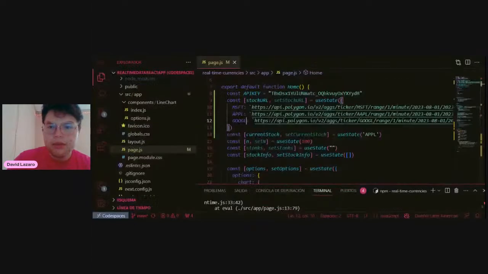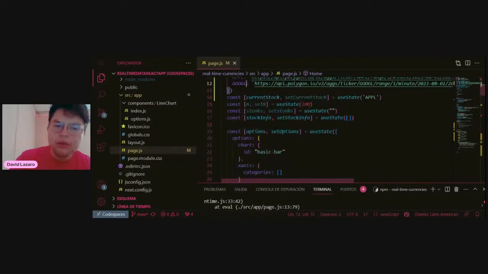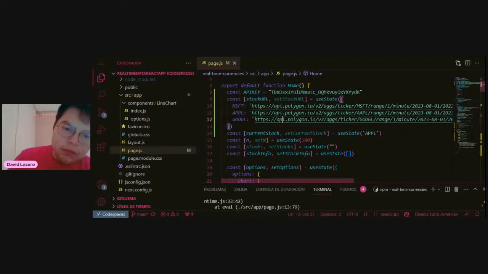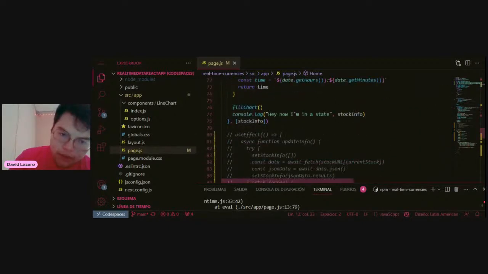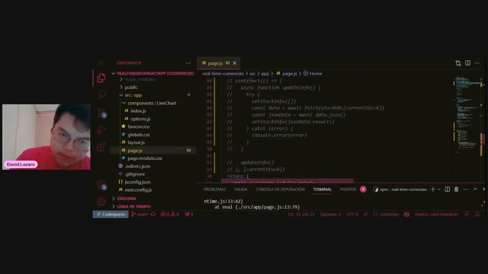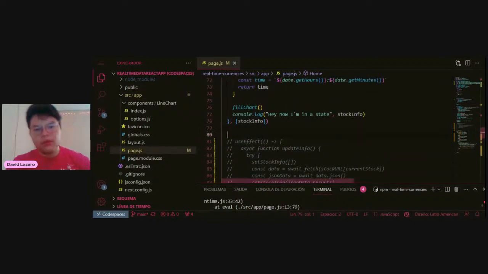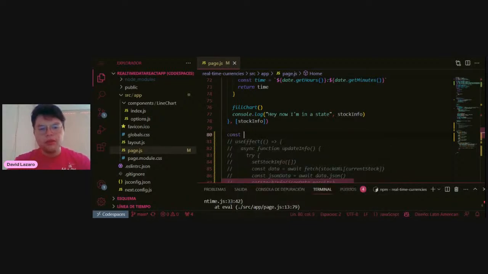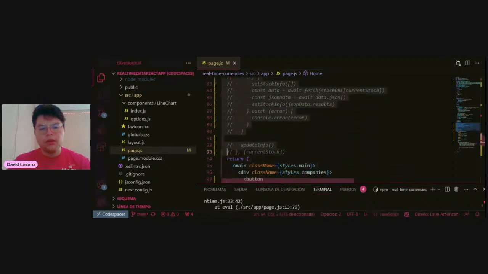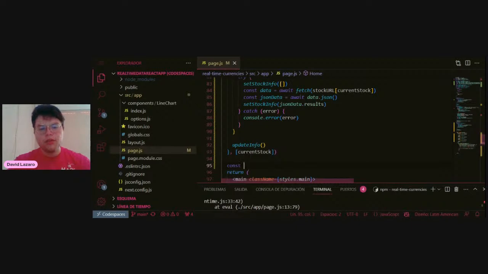All right, so let's just continue with this. We already managed to do the dynamic fetch. The other thing that we need to manage is that we should create a function to handle the change. First we should use the useEffect here. You can comment this and then const